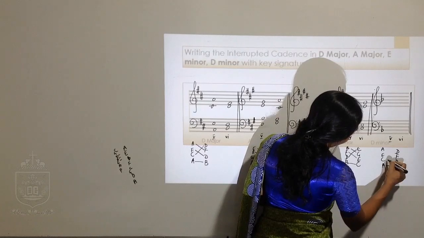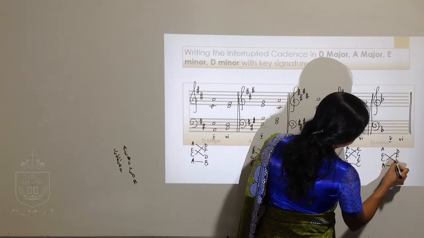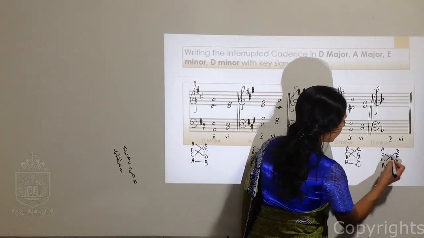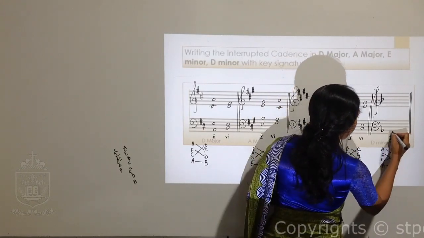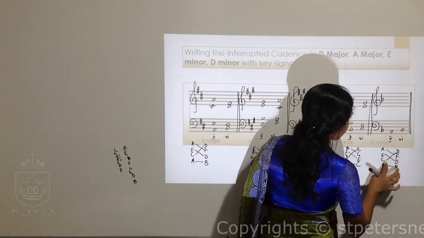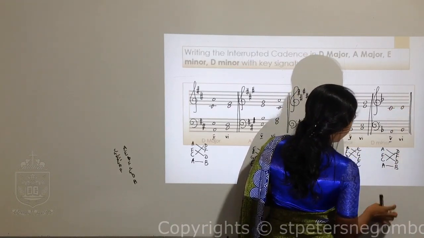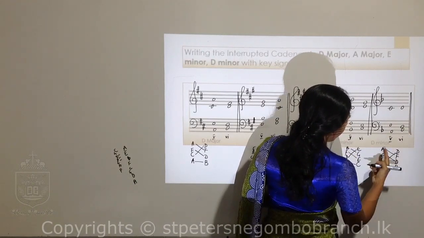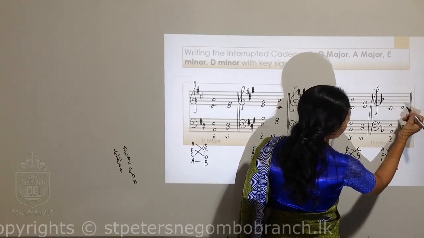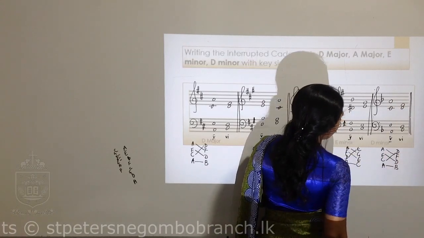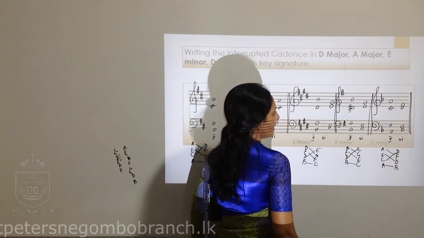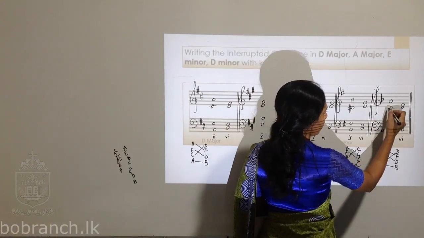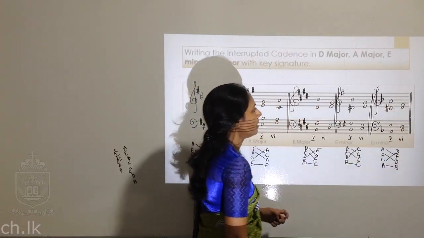The bass notes, leading note raised to the tonic. Fifth note comes to the third note in chord 6. Other balance notes A, B, C, D, C, D, E, D, E, D, A, F. 7th note C sharp in D minor. The 7th note in D minor is C sharp. You have to raise the C sharp.